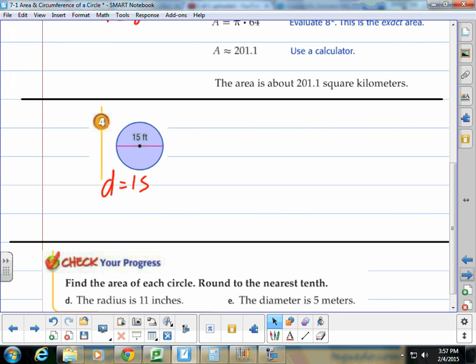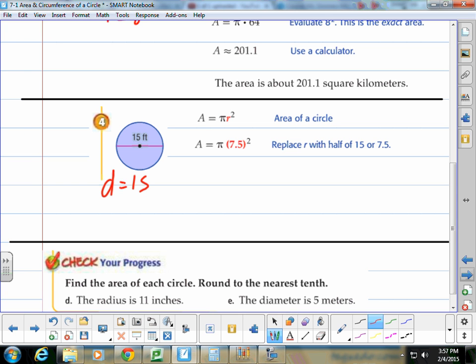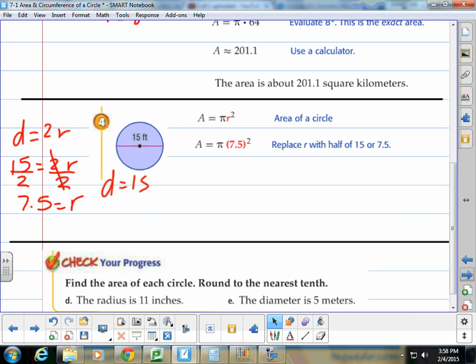In this case, what we have to do is write the formula. We have to cut the diameter in half. Since we know that the diameter is twice the radius, and we know the diameter is 15, what that really means is that we're dividing by 2 to get a radius of 7.5. That might be a challenging part for you guys, so if that's not clear, rewind, go back, and think about what you know about diameter and radius. So we replace with half,